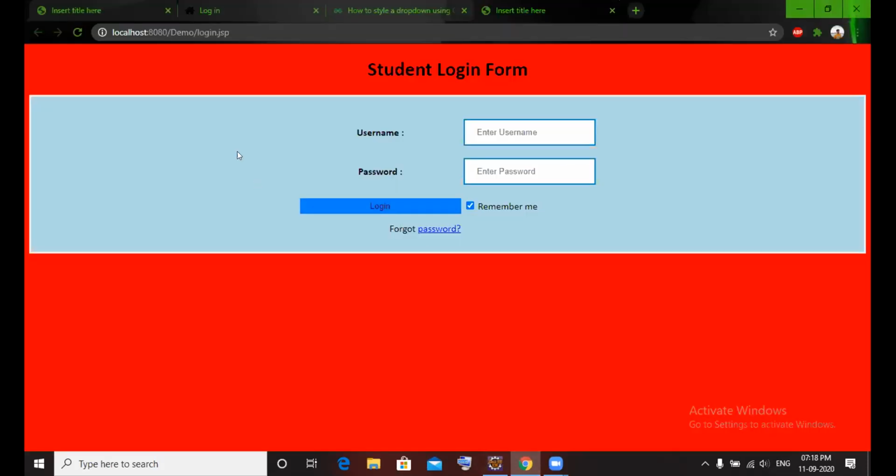Also, how can we fit the form to this size and center? I tried setting the form to 50% of the screen, but it does not align in the center. It aligns in the left. Give your height and width to the table.